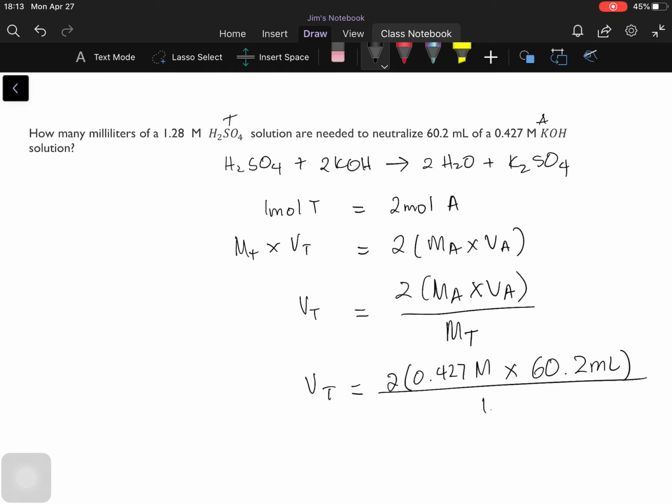Divided by 1.28 molar. So the volume of titrant is 2 times 0.427 times 60.2 divided by 1.28. The volume of titrant needed is 40.16 ml. So the final unit is